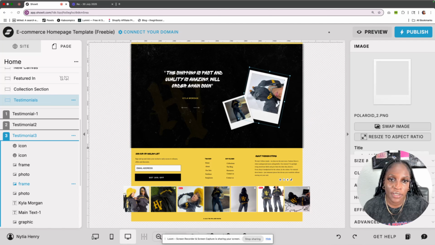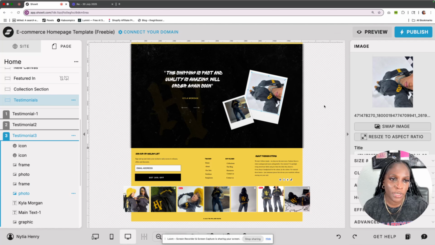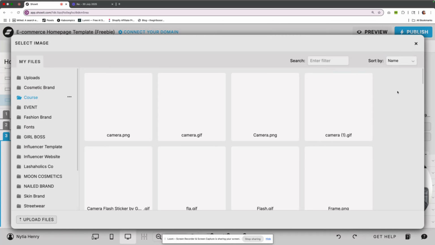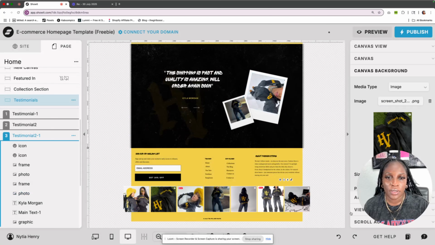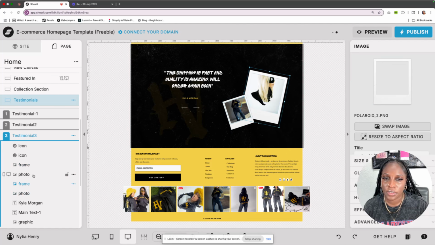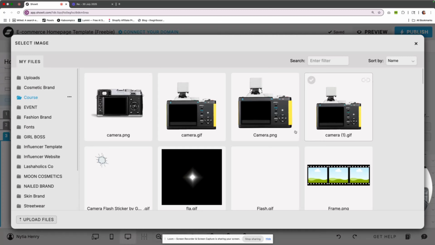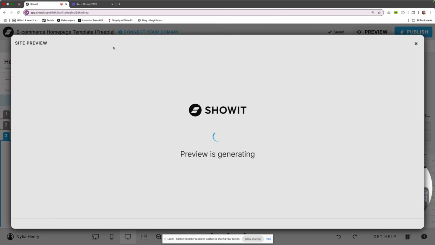So instead of me moving it, I am going to find it here. So it's a photo. So it has to be this one. Yep. And then, so now I can just swap it out. Okay. Also, let's keep that swapped out so you can see the difference. Photo, swap that out too. Okay, so now when you view it,